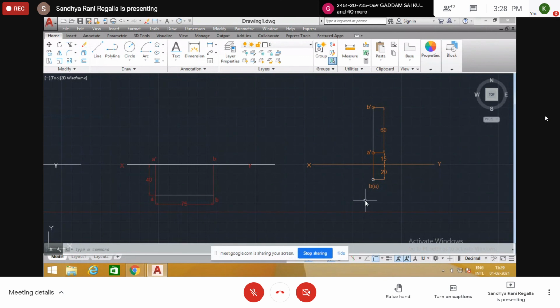Draw the projection of a 60 mm long line perpendicular to HP, in the VP, and its one end is in the HP.